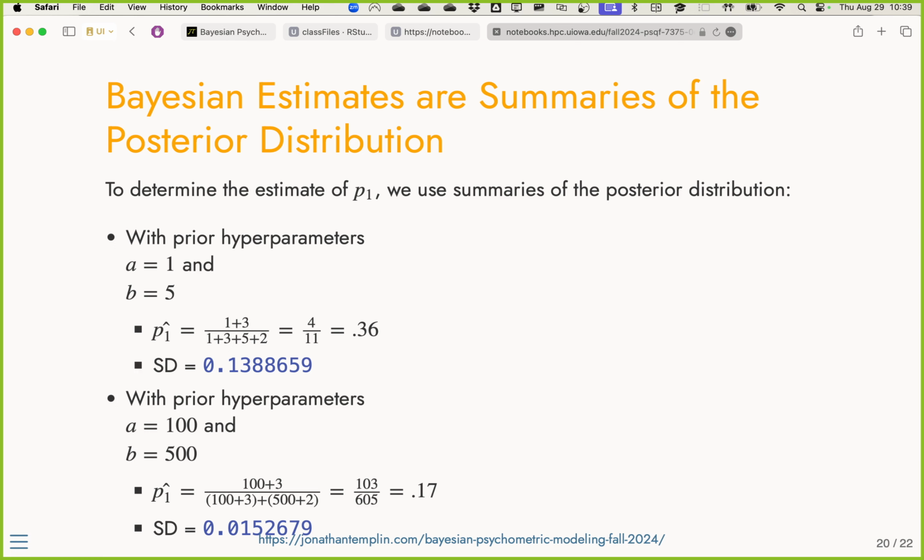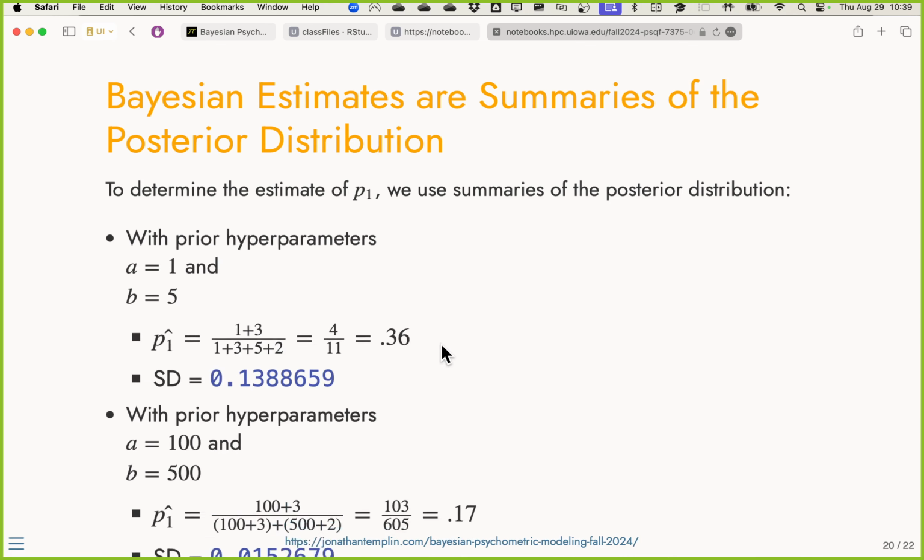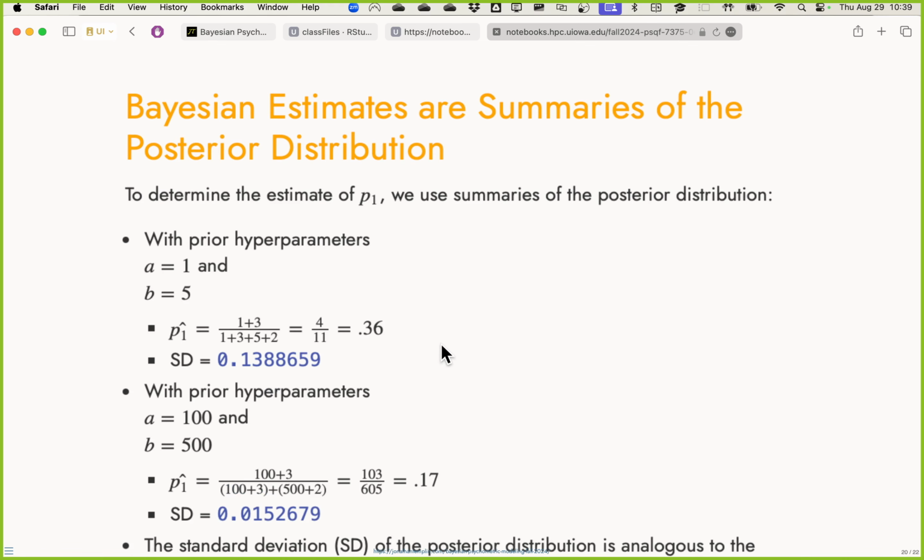If I were trying to describe election behavior, this is something different. But this is the part that is fun to me, though. We can still use Bayesian statistics to our benefit. I can't see what's down there. The standard deviation is analogous. Hang on, I can't get smaller. I'm sorry, that got cut off.